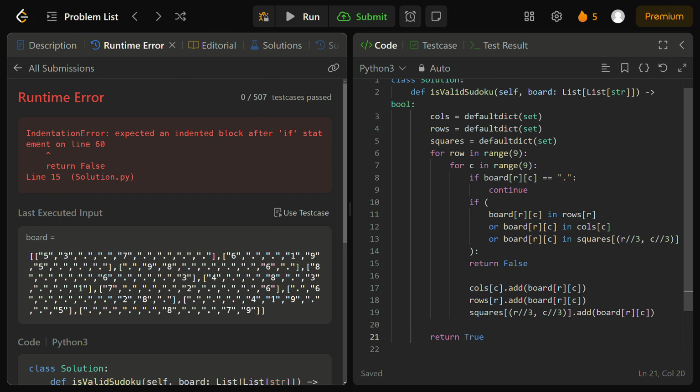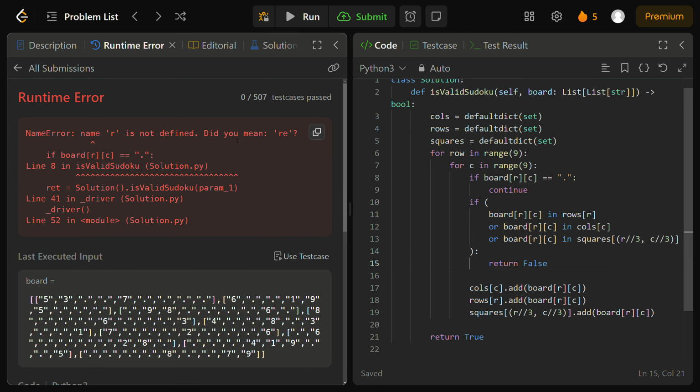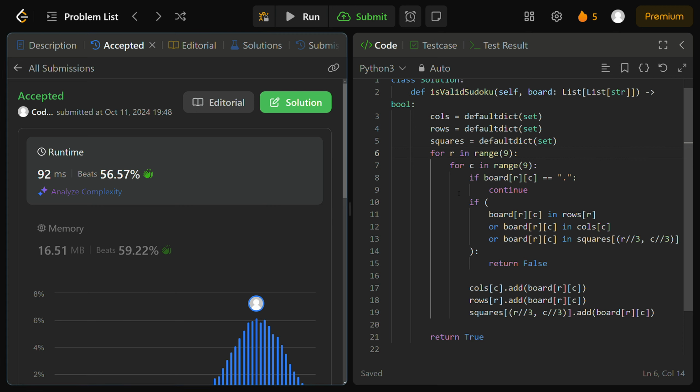Okay, I think this should actually be indented, is what it's throwing at me. But this should be accepted now. And, okay, let's see what's wrong here. Name R is not defined. Okay, yeah, let me just change this to R, just to better simplify this. But now, as you guys can see, this will actually be accepted, and it's just about as efficient as you